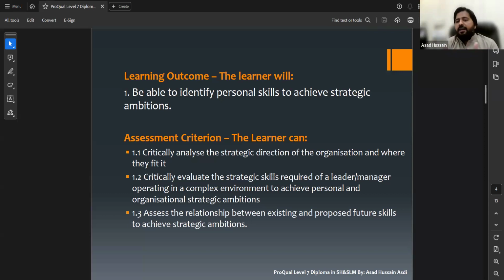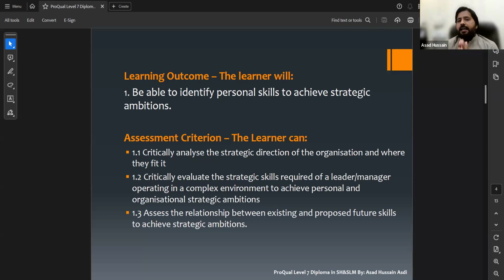Definitely, this is the part of strategic management that makes it different from simple management, because they are proposing, developing, and implementing new future skills to achieve strategic ambitions.